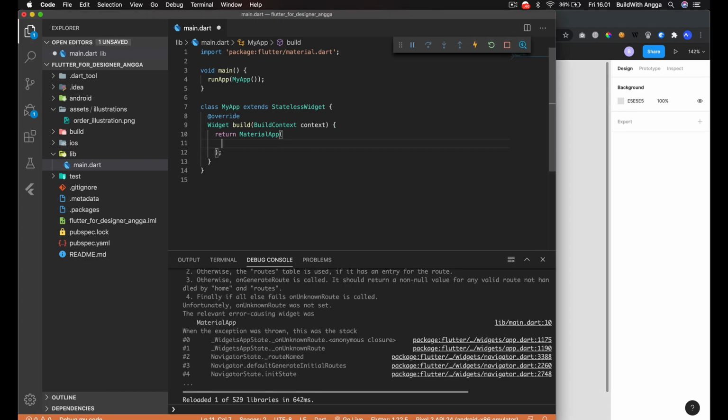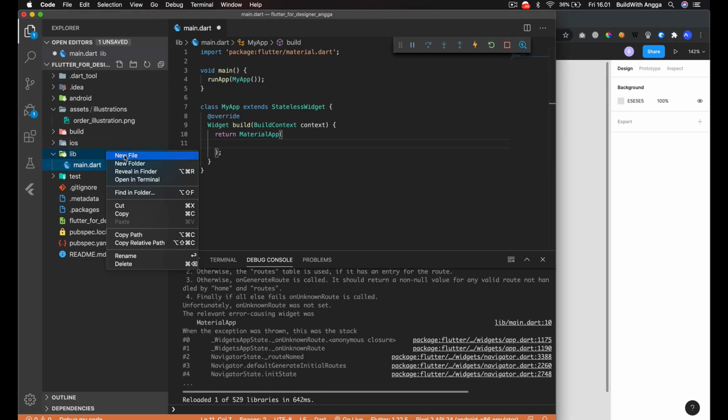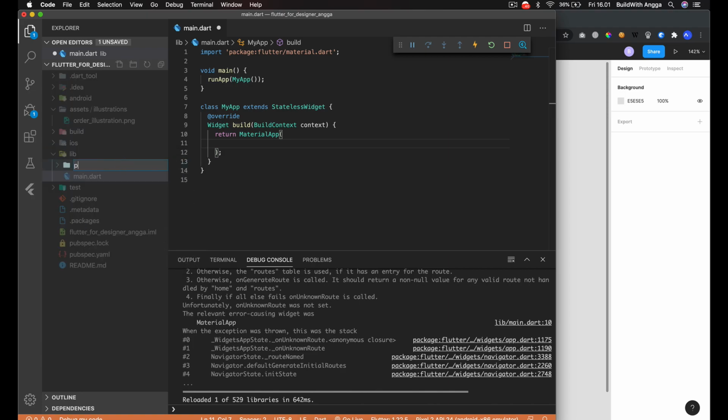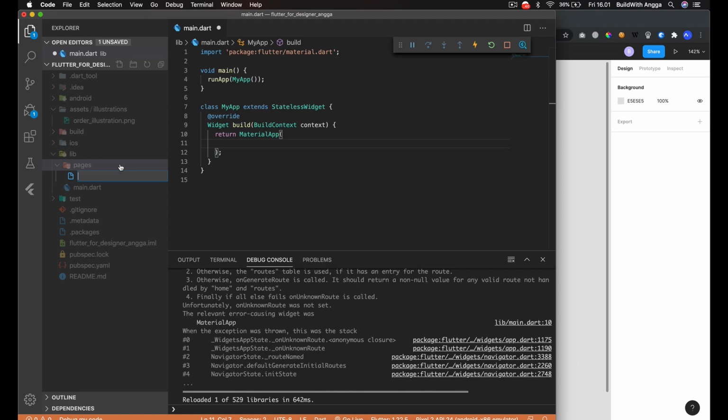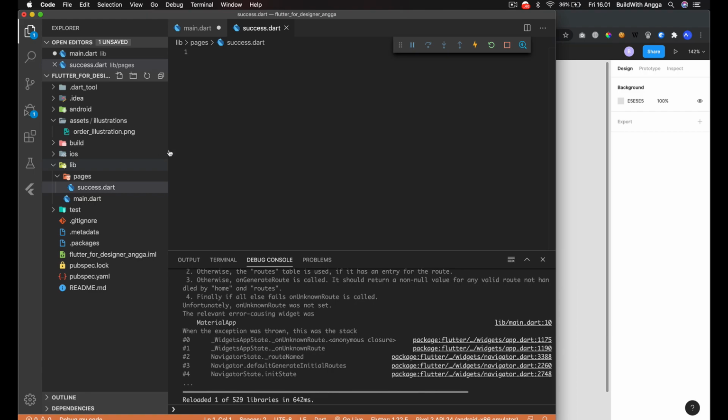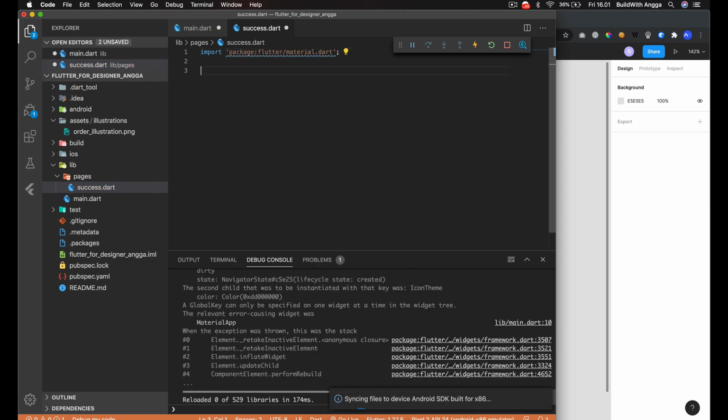Right here we need to create a new folder, pages, and inside of the pages we have success.dart. Just like that, and then we need to import material.dart.